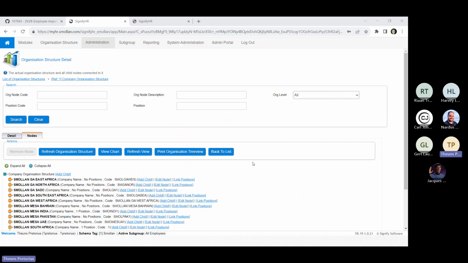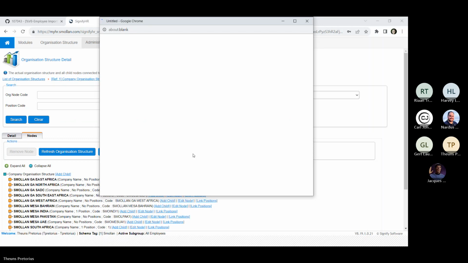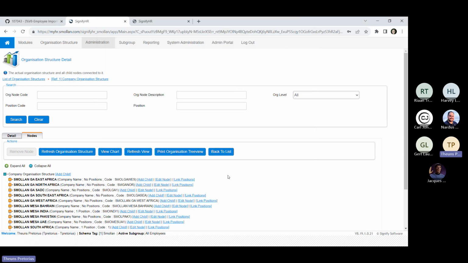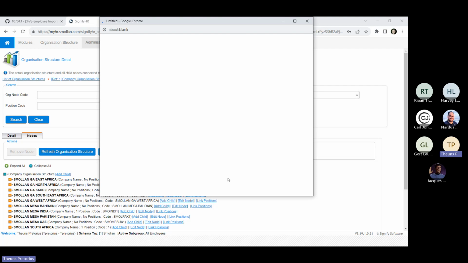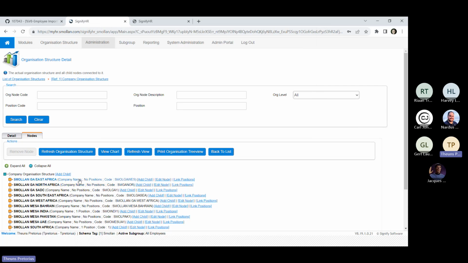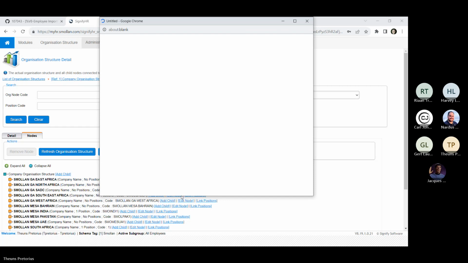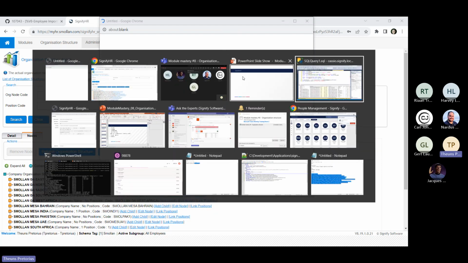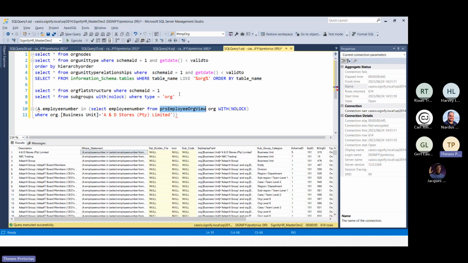I click on print organization structure. Also haven't clicked on this button before the session. But there's an else here. Refresh view chart. So refresh view refreshes the page. And while we're waiting for the page to load, you'll see in the org nodes table, there is,